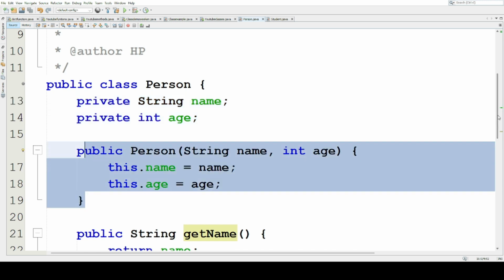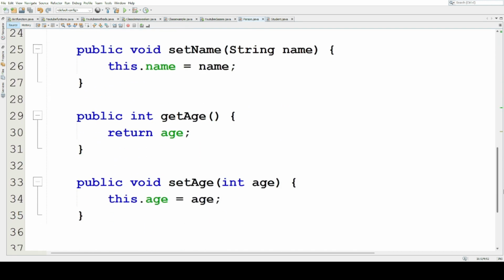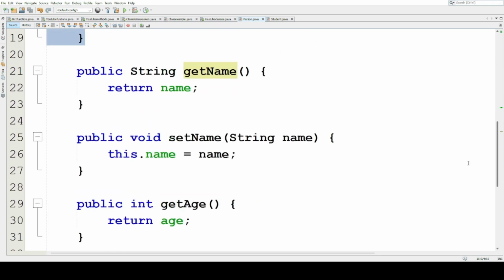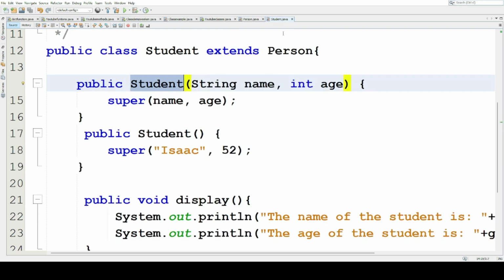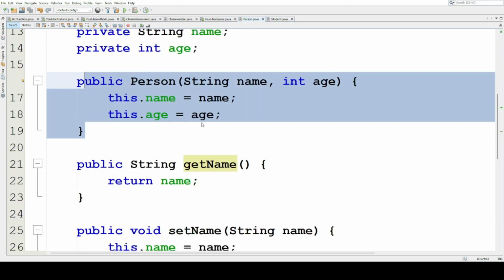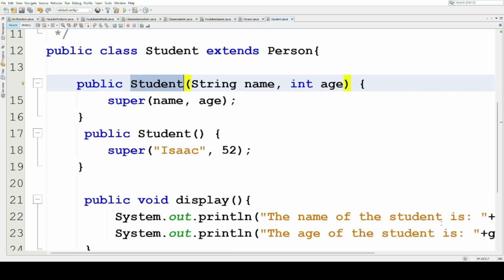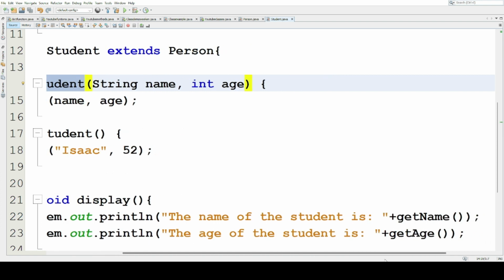It has getters and setters for these variables. Once the student class inherits from this parent class, it means that it has possession of all the methods defined in the parent class. So that is why we are able to access the get name and the get age here without defining it